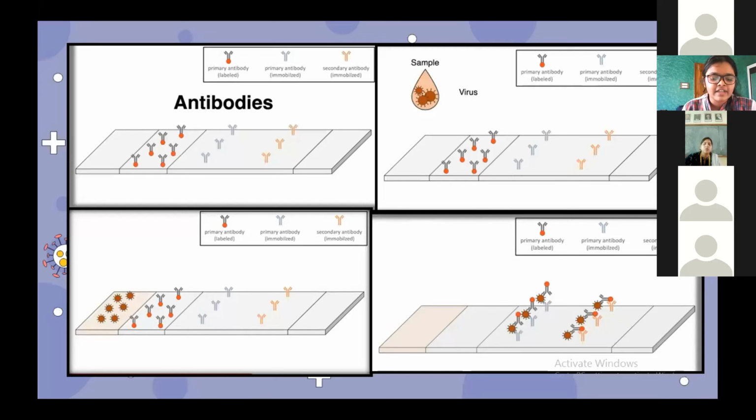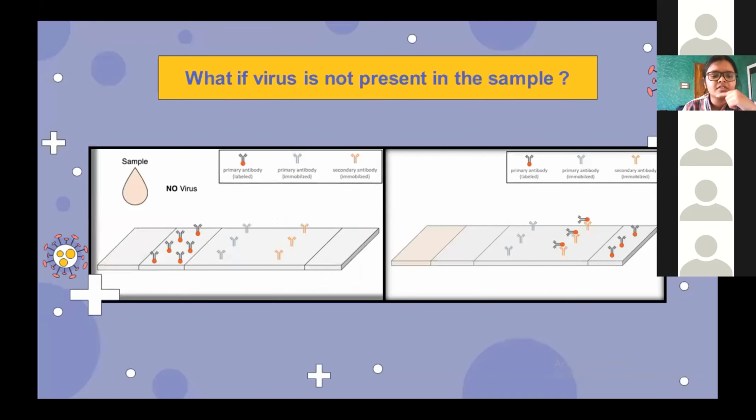When the virus-containing sample is placed on the test pad, it gets bound with the primary labeled antibodies, which are later captured by the immobilized and secondary antibodies, resulting in the visible test line, which is the immobilized primary antibody, and the control line, which is the secondary antibodies. And this results in the positivity of coronavirus. But what if the virus is not present in the sample? If the virus is not present in the sample, there is only the visibility of the control line, which means that the sample